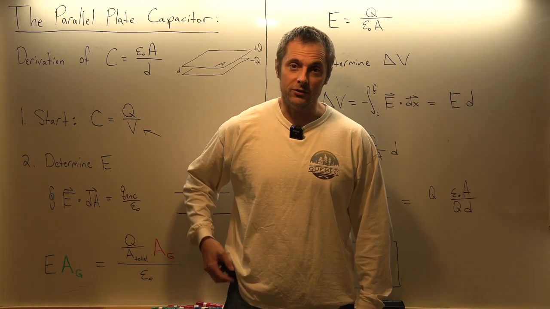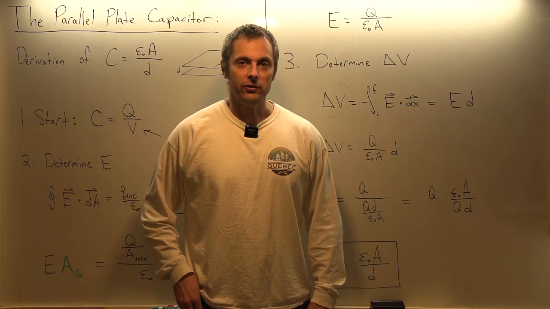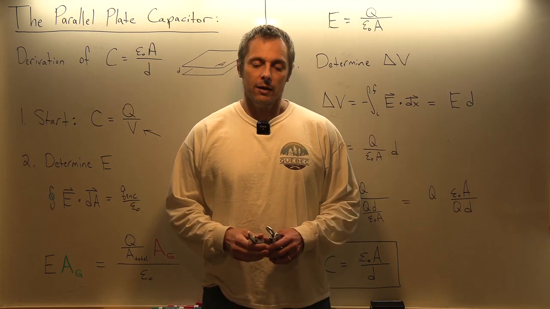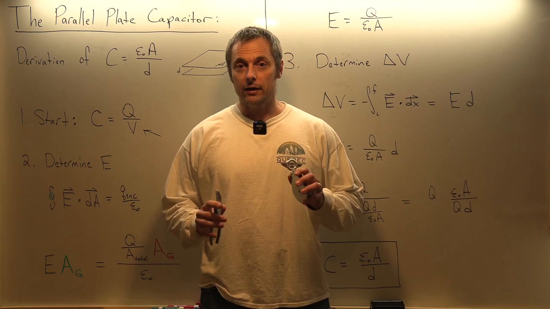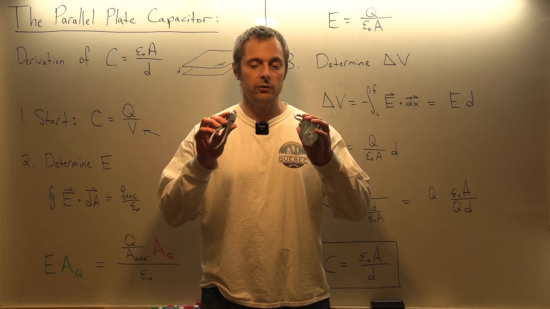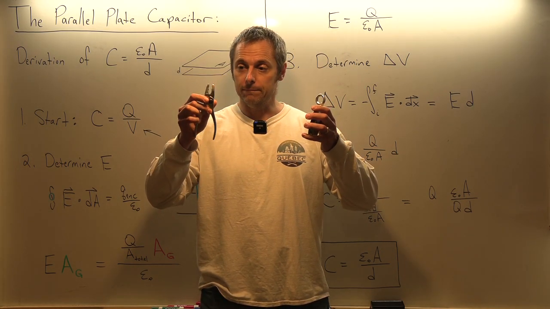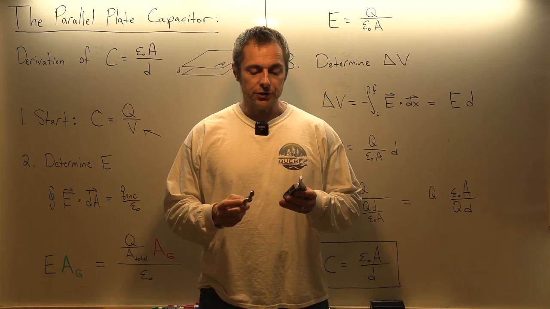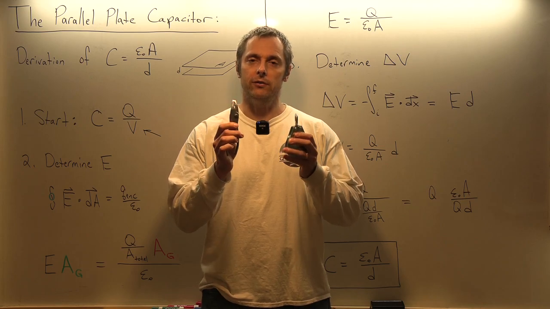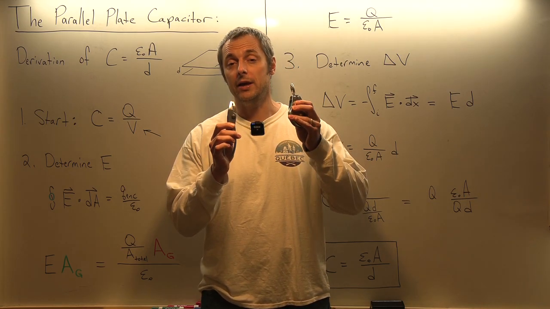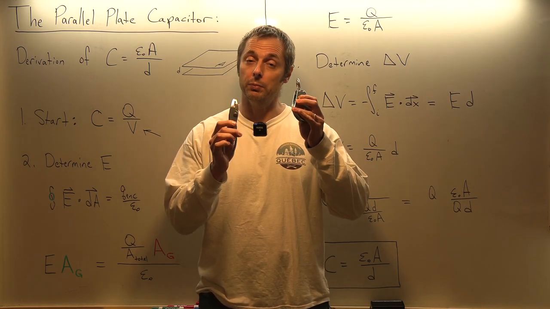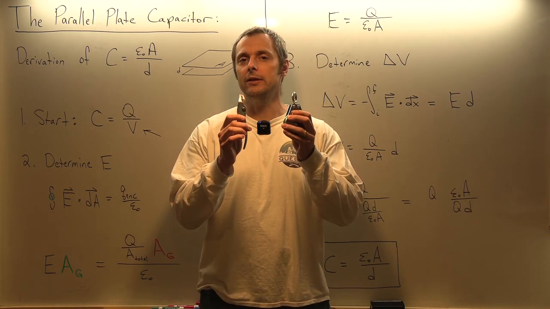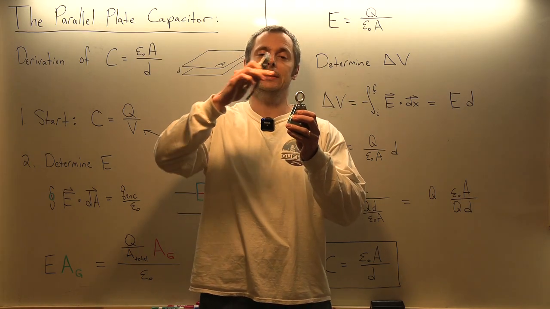Hello physics students. Up until this point in this topic, we've been studying capacitors in a general sense. And we learned that a capacitor can be any two metals, like these pliers and this pulley. If I charge one of these up positive and the other one up the same amount of coulombs but negative, then these will attract, and I can exploit that attraction by connecting these two with a